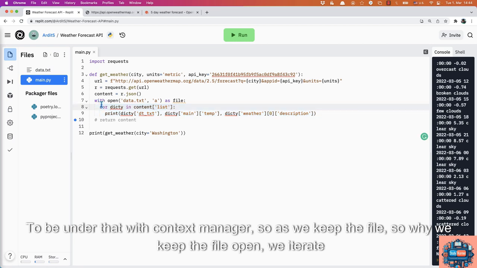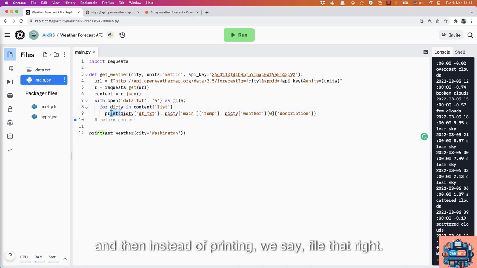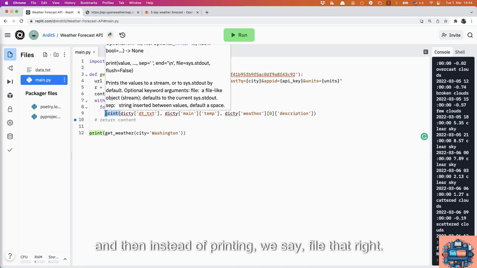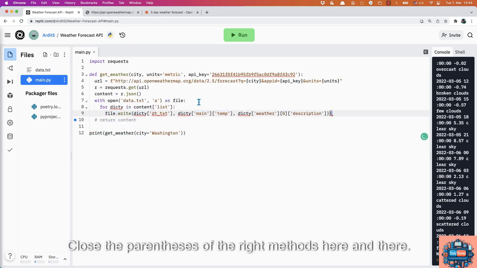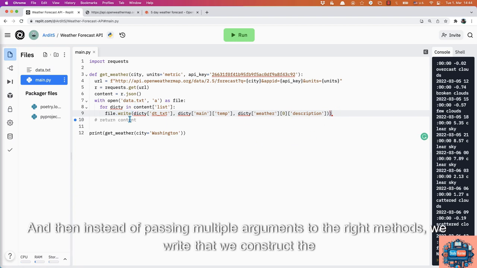So while we keep the file open, we iterate, and then instead of printing we say file.write, close the parenthesis of the write method here and there,